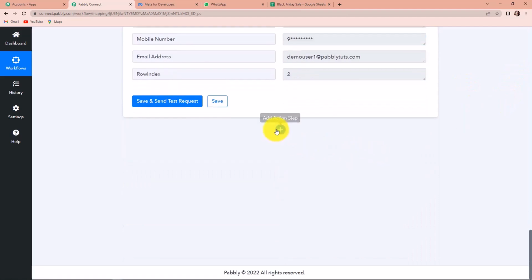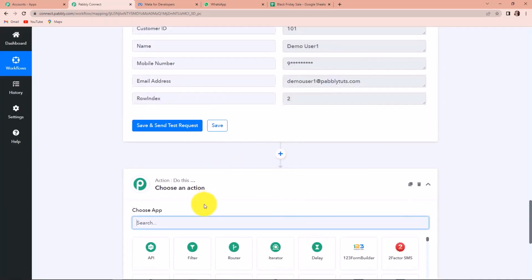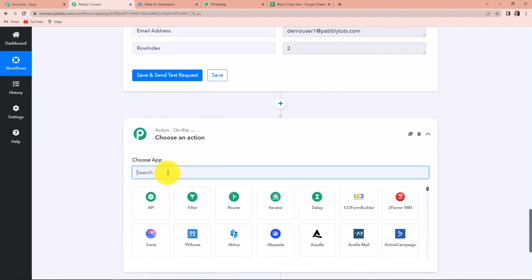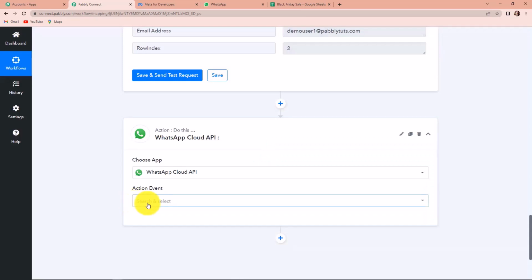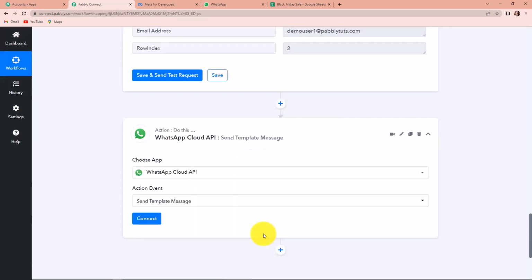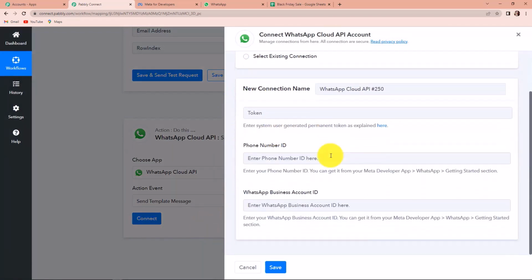Now I'm going to go down, and this time I'm going to add another action step, which is I want to send a message on WhatsApp. So I'm going to select WhatsApp Cloud API, and the action event here would be to send template message. Let's click on connect. Here Pabbly Connect is asking to connect itself with the WhatsApp Cloud API account. Let's click on add new connection, and to set up this connection we need a token, phone number ID and